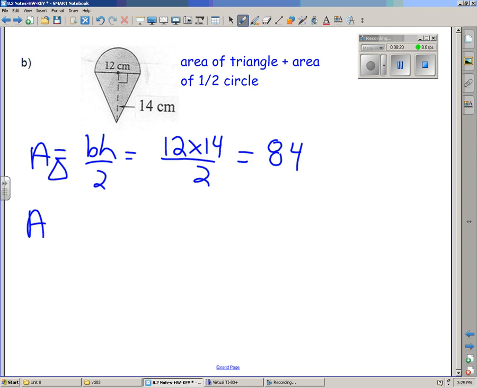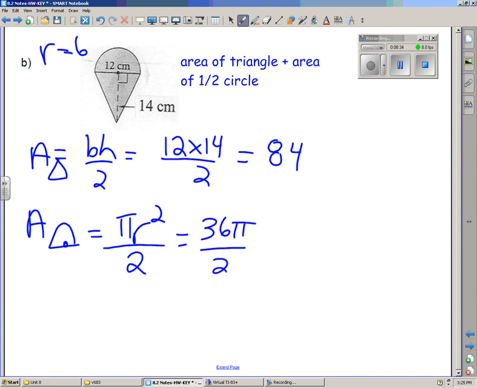The area of half the circle is going to be pi r squared divided by 2. If the diameter is 12, the radius is 6. So we're looking to have 36 pi cut in half, or 18 pi. So the area is going to be the sum of those two. So what we're going to do here